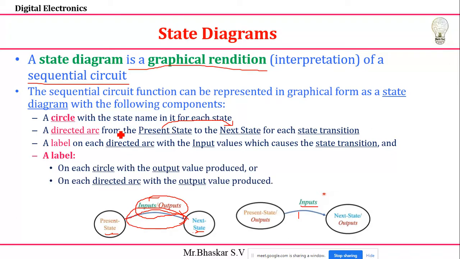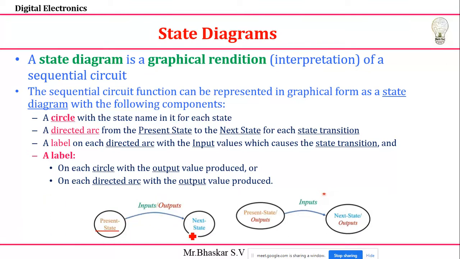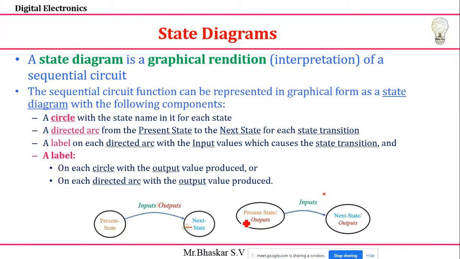Okay, next, the label, that's a very important thing. In this case I'm going to use two labels and two structures. I'm explaining the same thing. See, present state I have, next state I have, represented by a circle. Here also present state, next state. But what is the difference between here and here? That is very important. Outputs are produced on each circle, or on each directed arc. So I can represent it in two ways. Here there are small changes; present state, next state, present state, next state, the same thing only. And where my outputs are represented, that's very important.